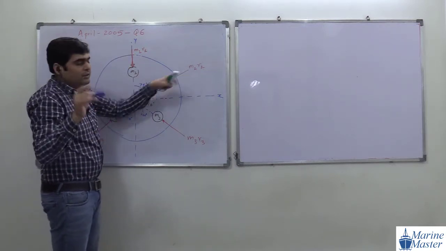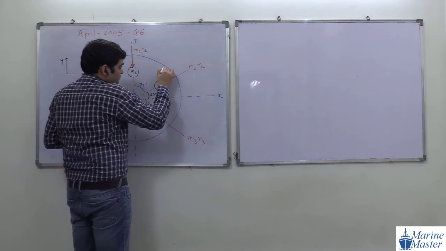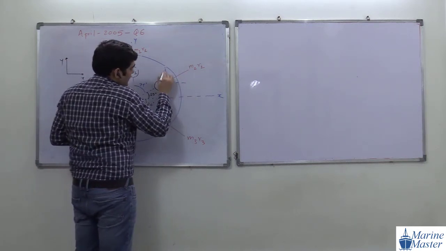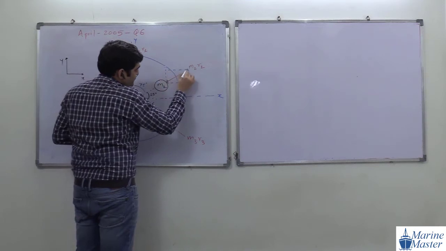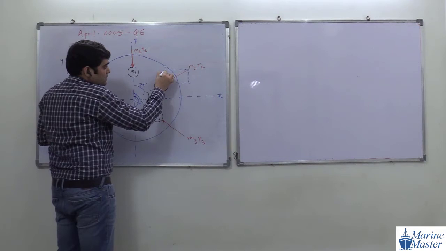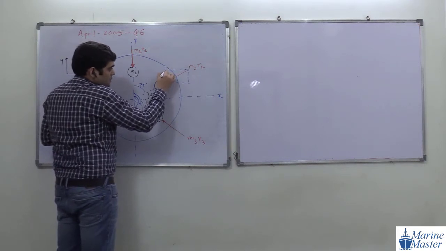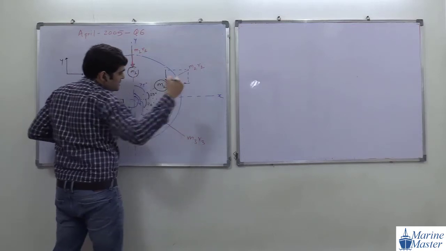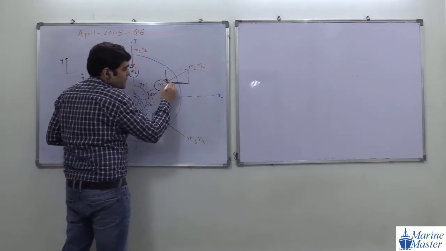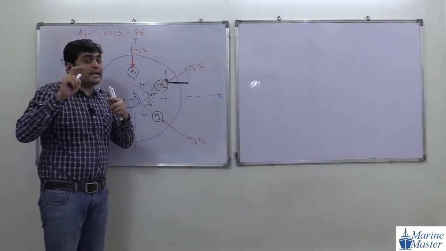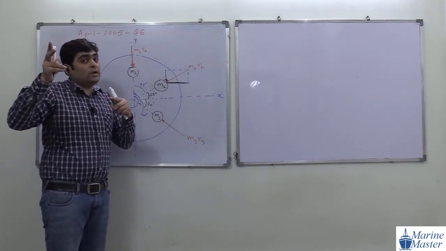Then M2 R2 in which direction? See the point. How to take the component? We are going to form one rectangle like this. Components. If force is inward, component is also inward. Second way of representing the component. There are four ways we have studied. First two ways are rectangular. Another two ways are triangular.